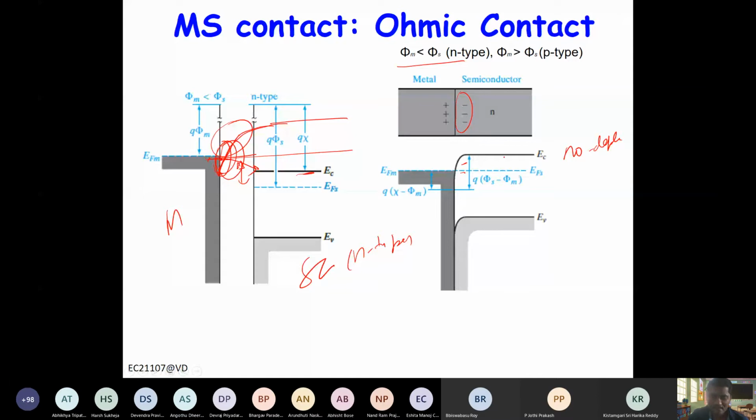In such a case, this barrier being very small, electrons can go from either side. Very small voltage will be required, so it will behave like an ohmic contact. Same thing you can do for a p-type semiconductor. In case of a p-type semiconductor, the requirement will be just opposite. This phi m should be more than phi s. So it will basically look like this. This is the metal, and